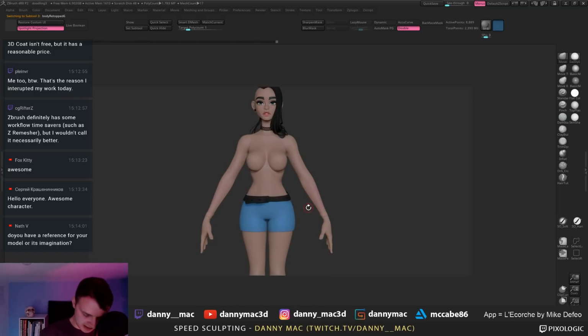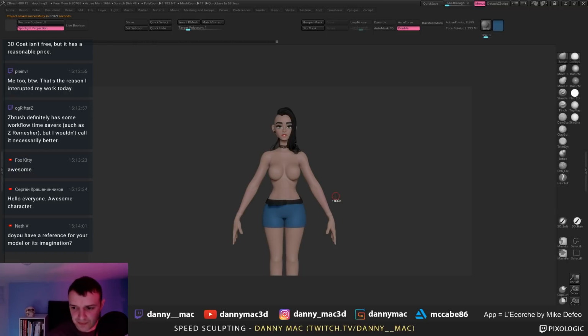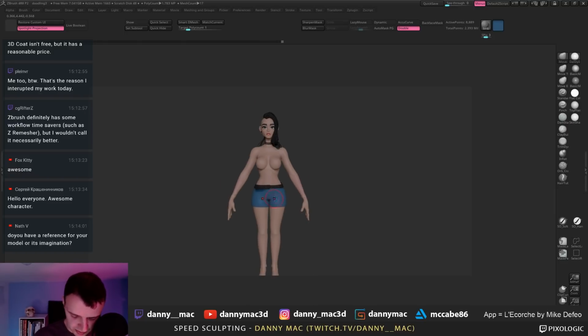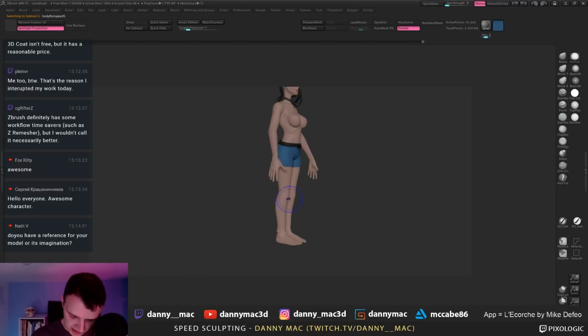I will redo these eyes at some point. This is very much from my imagination at the minute, which is why it might not be turning out the best in the world. I've been meaning to try and sketch up some sort of design off the stream. I keep forgetting. I'm not the best character designer as well. I do want this to be entirely my own intellectual property, so